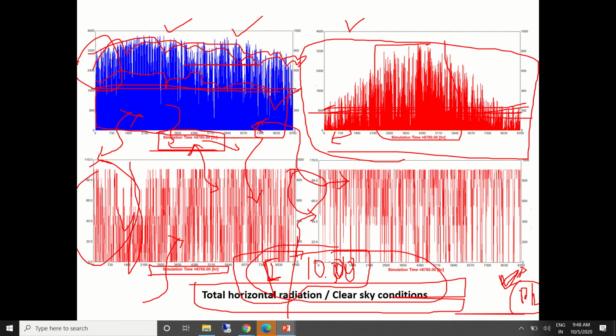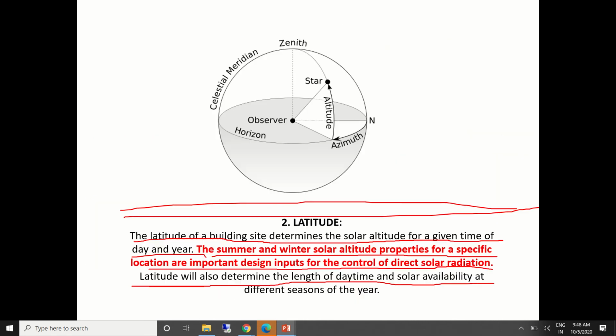The second thing is, during the winters the sun sets even at 5. So there is no sunlight after 5. This kind of variation is also there, all because of the altitude. We all know that. I don't think I have discussed this.